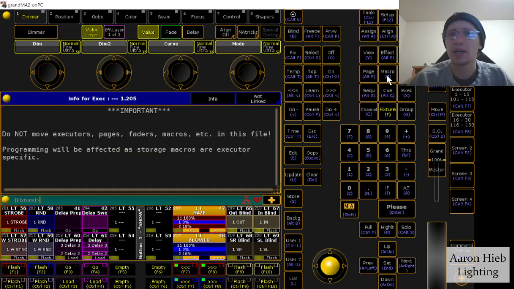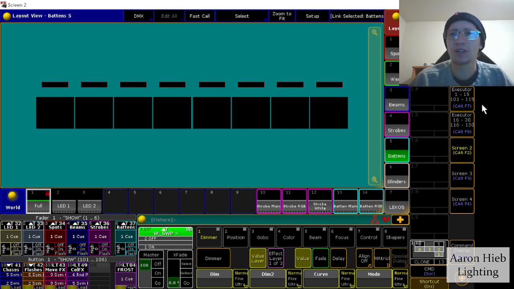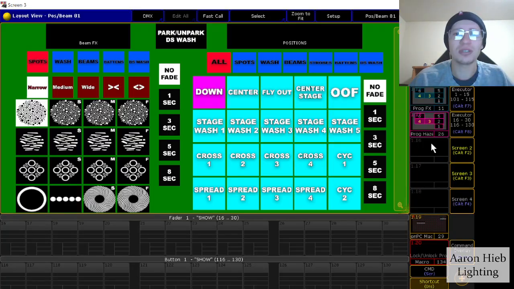What's up, guys? Today I want to do a quick little video on building a very basic version of just a UI, something like this. It's a UI I built for my pump file, so it has a set of spots, washes, beams, strobes, battens, and a dedicated downstage wash, and some of this stuff